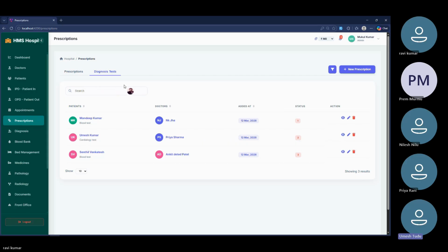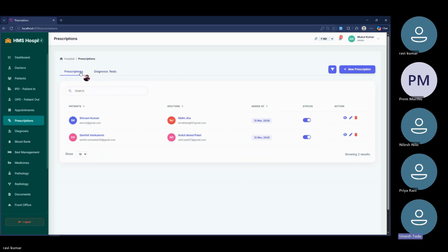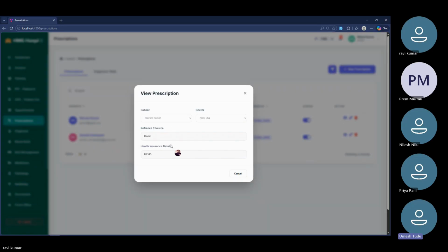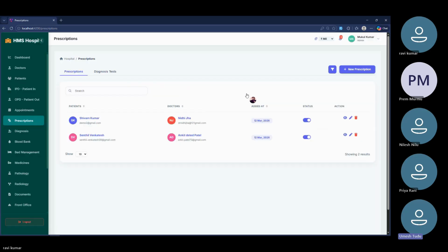And you can see here, for each sub module there are action buttons. For prescription there are three action buttons, like the eye button, this is the edit button, this is the delete button, where users can either delete or edit, and also see the details of the particular prescription from here. So this is our prescription. And next we go to the